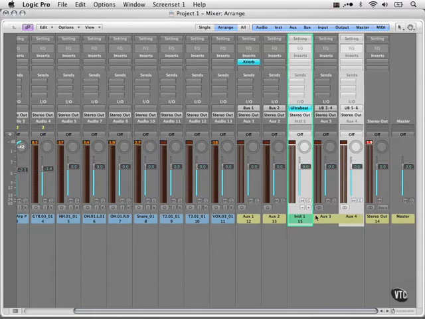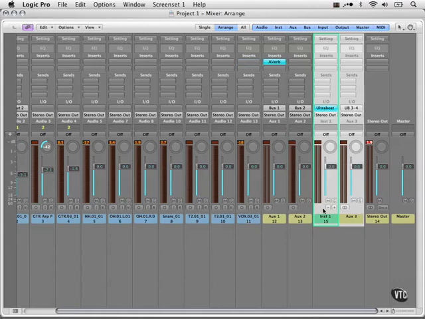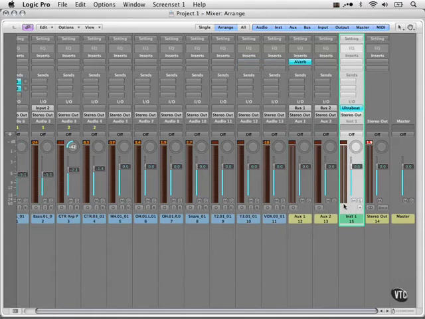We can keep on going all the way. If we want to close these back down, we can close them like that using the minus key which has appeared. And so that's one of the ways we can do multi-channel instruments inside Logic's mixer, just by opening or closing extra auxiliary channels using the plus or minus. So pretty powerful. I think that's all we're going to talk about for the mixer right now.